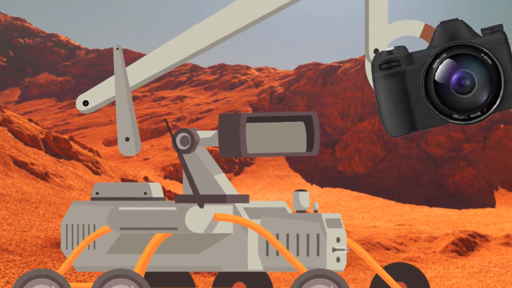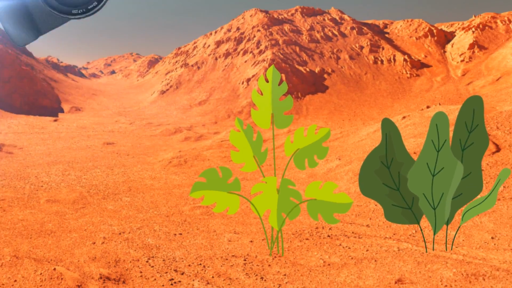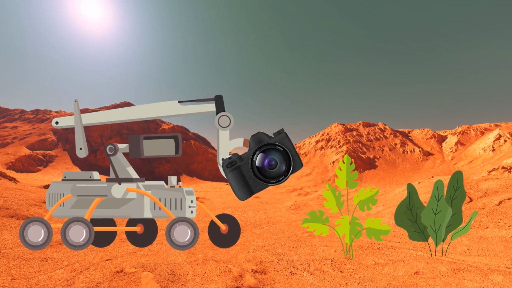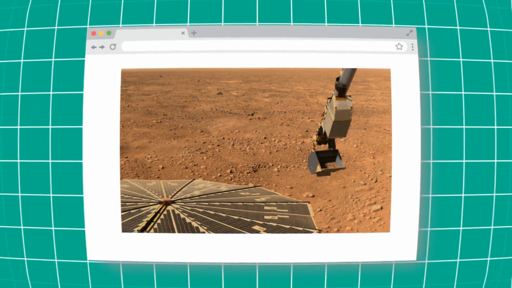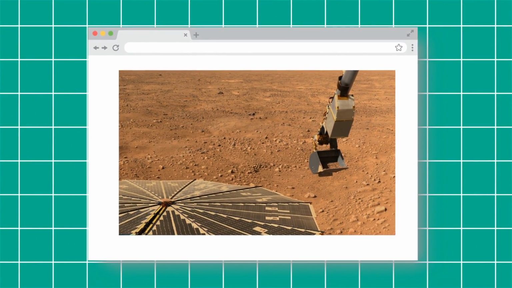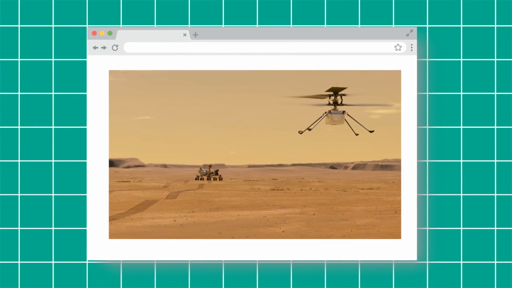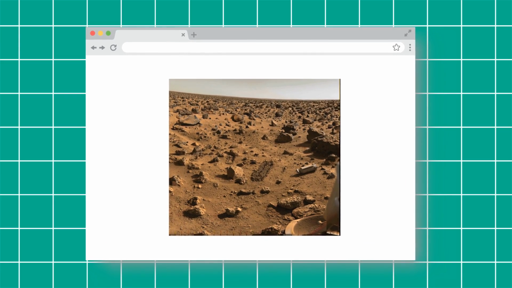Despite all the scientific effort, some seem to believe there's some sort of life form on Mars already. NASA's Perseverance and Curiosity rovers take regular pictures of the reddish planet's surface. You can check out these pictures on the internet for yourself if you want to. Over time, some odd shapes have appeared here and there in these pictures, making some people believe people are living